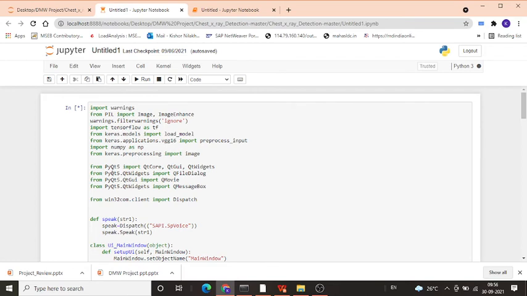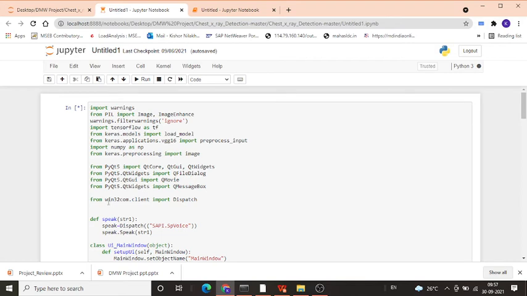And from PyQt5 I have imported QtCore, QtGui and QtWidgets. PyQt5 is used for creating large scale GUI based programs. Now from PyQt5.QtWidgets I have imported QFileDialog. It enables a user to traverse the system in order to select one or more files.